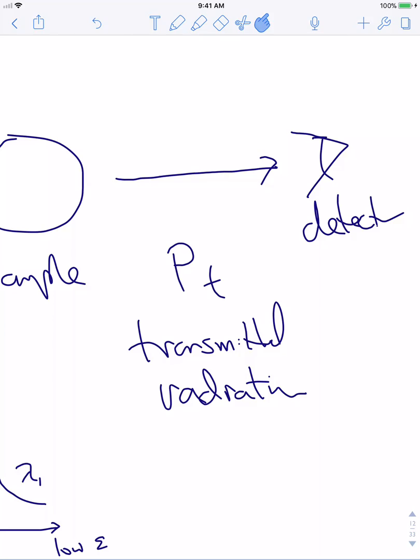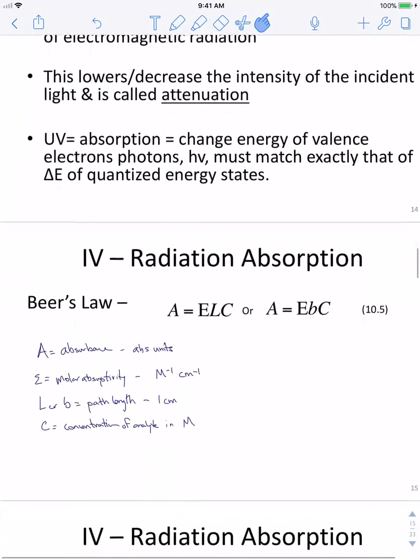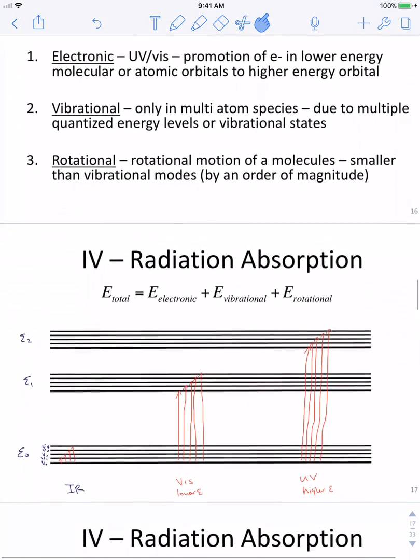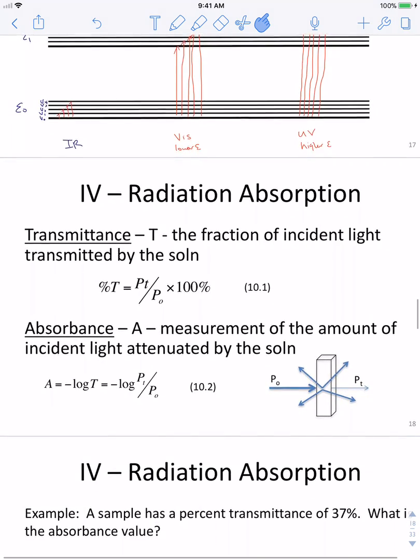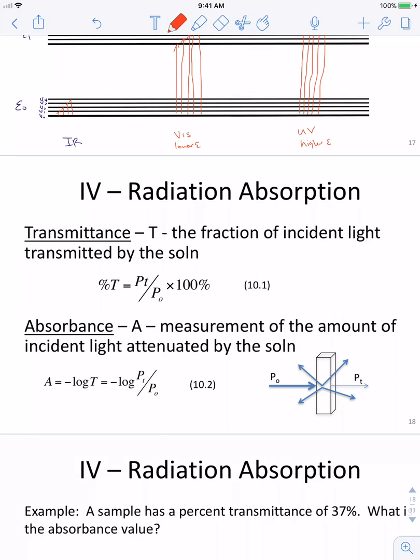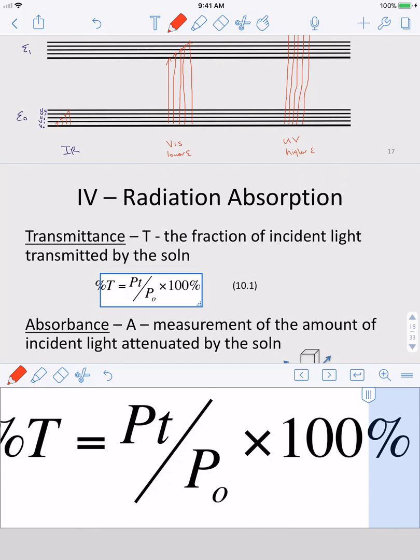So if we're looking at transmittance, we're looking at the amount of light that's transmitted. Percent transmittance is equal to the amount of light transmitted divided by the incident light, so the amount transmitted divided by the total light,